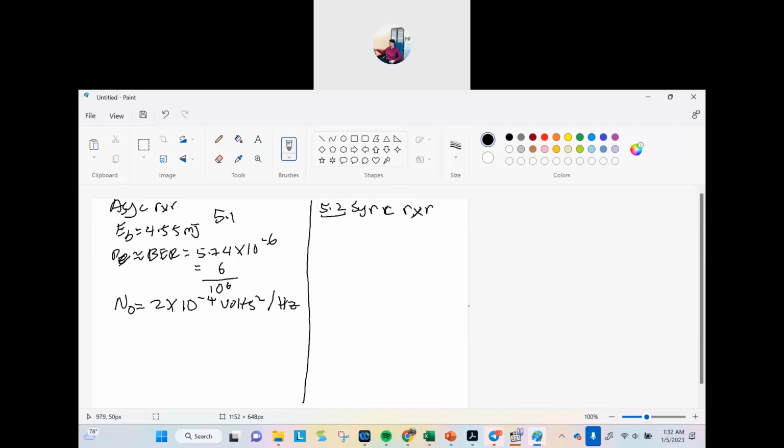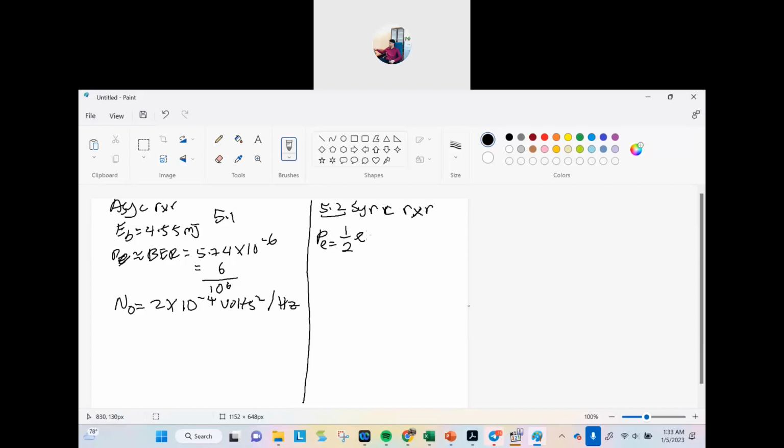Taking the same equation, we have the bit error rate, PE equals, go to our slide number 18, a half